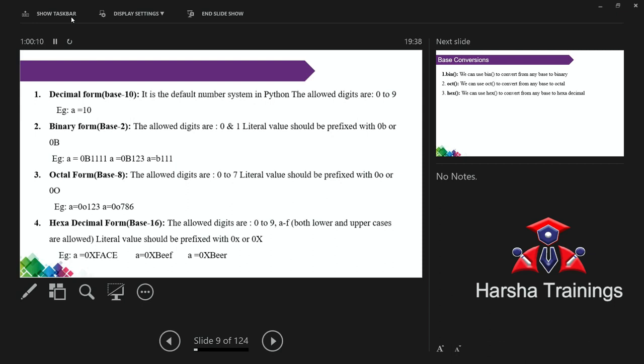Now my simple question is A is equal to 5. 5 is in the range from 0 to 9, right? So 5 is which type of number? Understand the question carefully. Ignore binary, only 3 types: decimal number, octal number, hexadecimal number. Ignore hexadecimal also. First I have only 2 numbers. Decimal: any digit in the range 0 to 9 is called a decimal number. If anything is in the range 0 to 7, it is called an octal number.